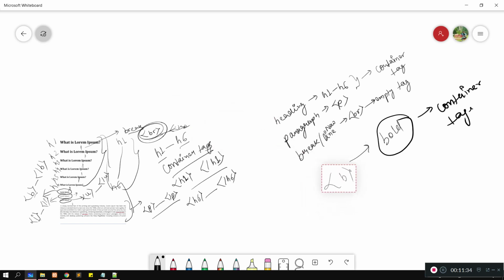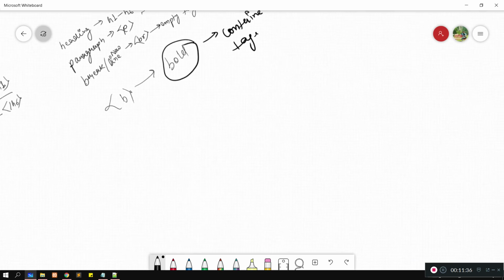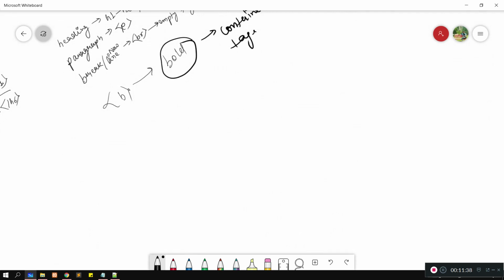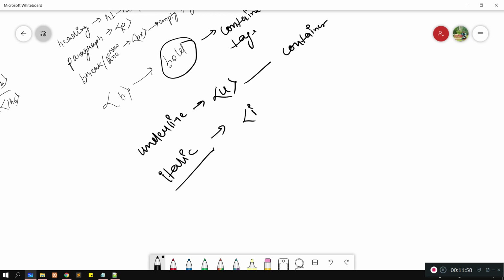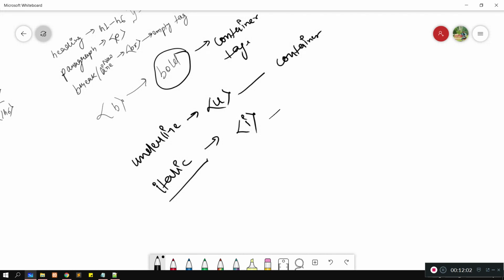Now coming to the underline tag, that is u. It is also of container type. Then we have italic, we have i. This is also a container.